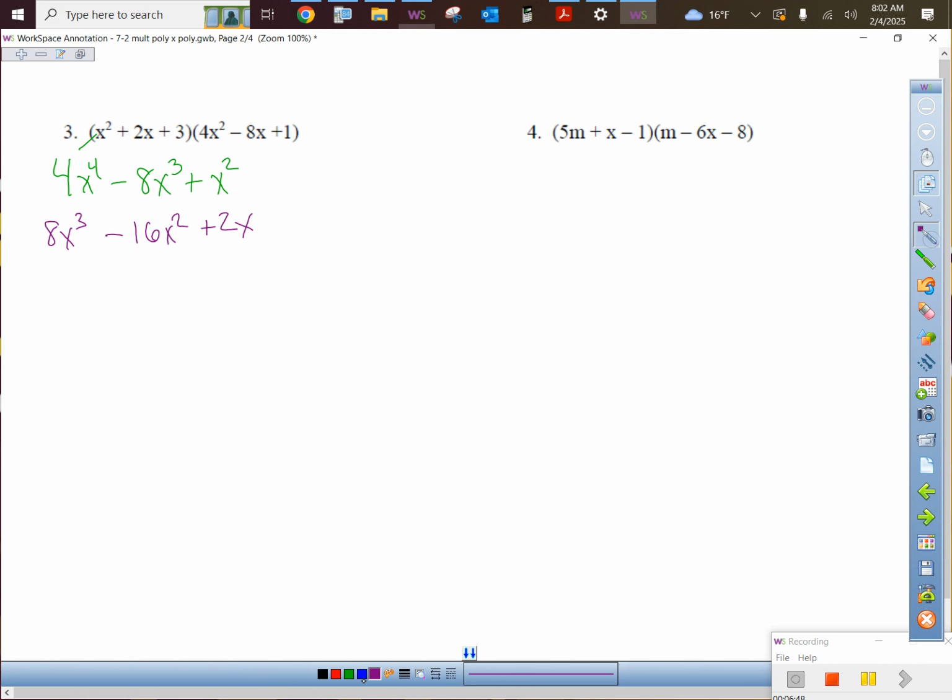And then the third level, I'm going to take this 3 and distribute him through. So that would give me 12x squared minus 24x's plus 3. And man, long time ago, I would have had that all written out as one long line,